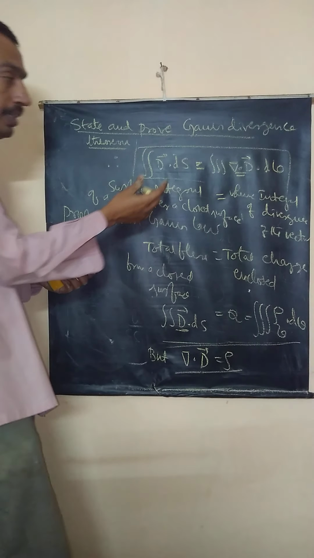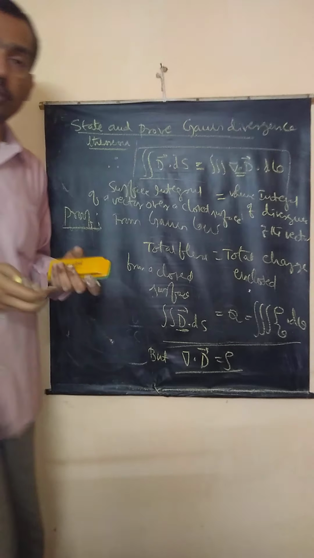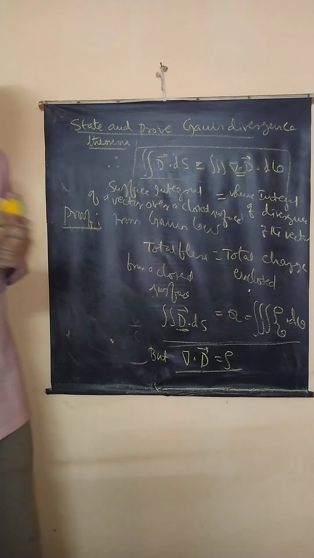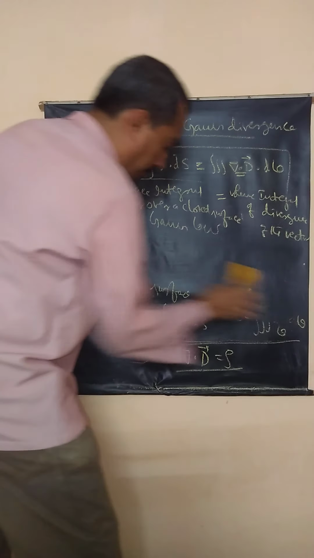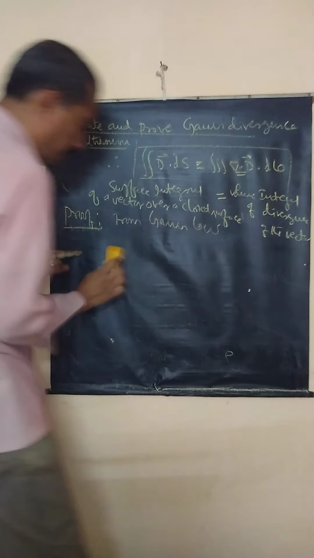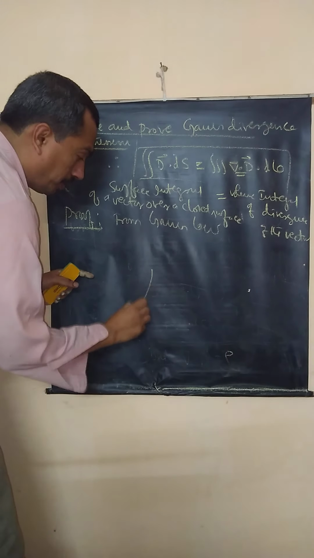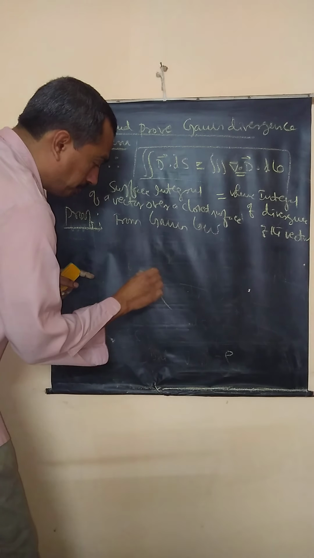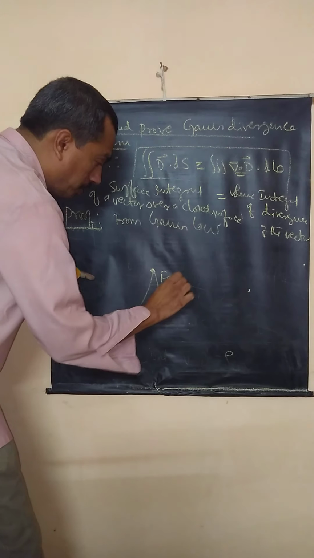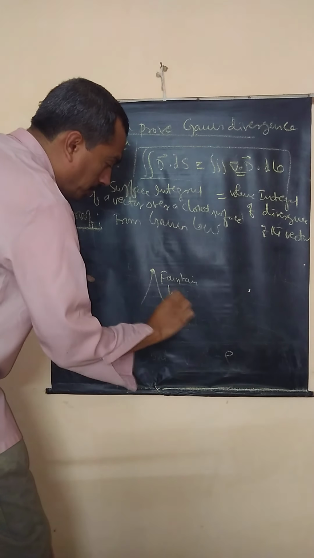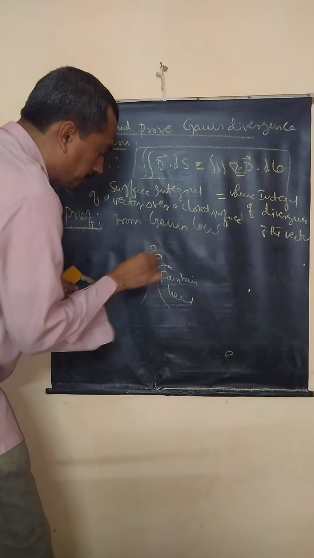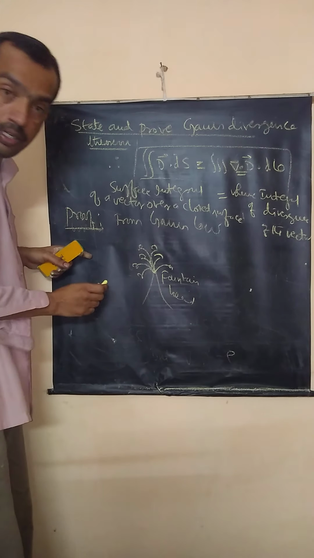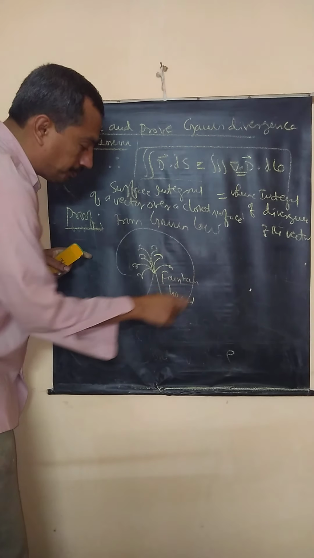So it is in a way relating surface integral with volume integral. Now if you ask me what is the physical interpretation of this, can we see an example? I'll give you a simple example. Imagine this is the tip of a fountain, the fountain head. Water is emerging out like this. Now this tip, I will enclose it in a sphere.